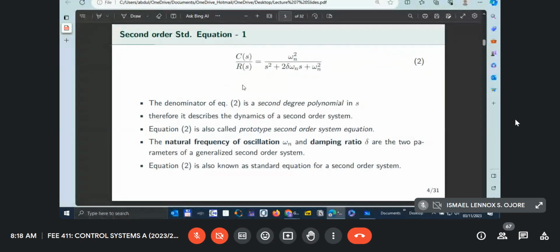So this is what we call the prototype second order system equation. We also call this the standard equation for second order system. As I said earlier, it is fully characterized by these two variables: omega n, which is natural frequency,